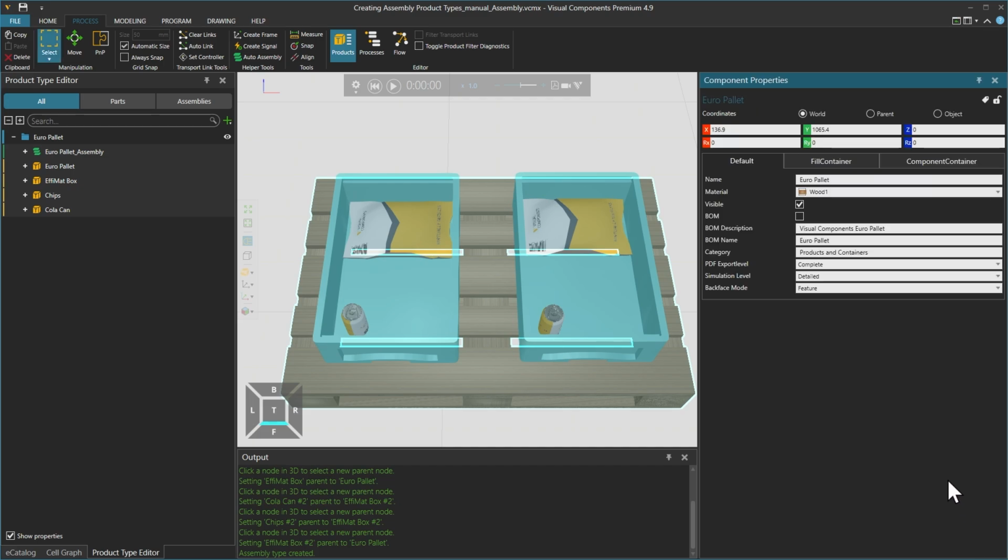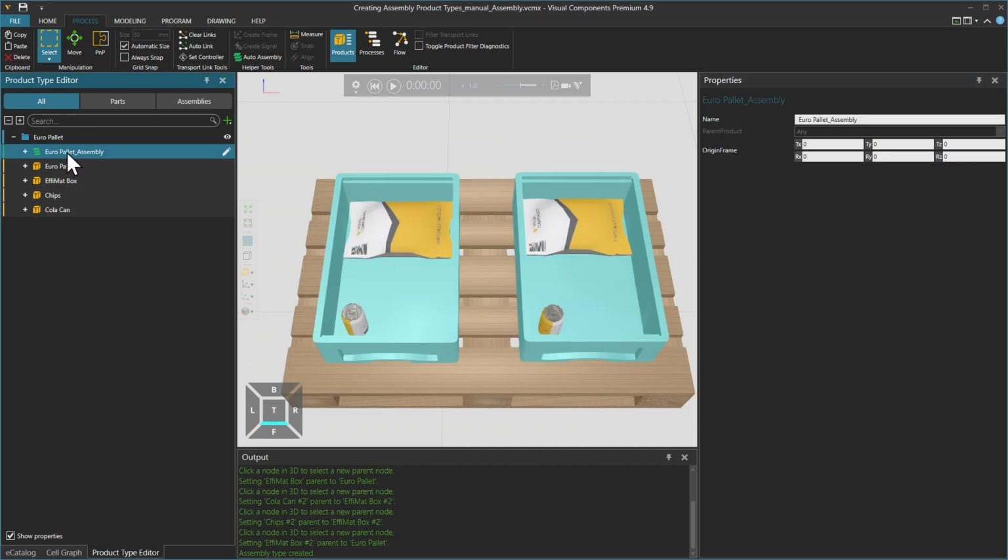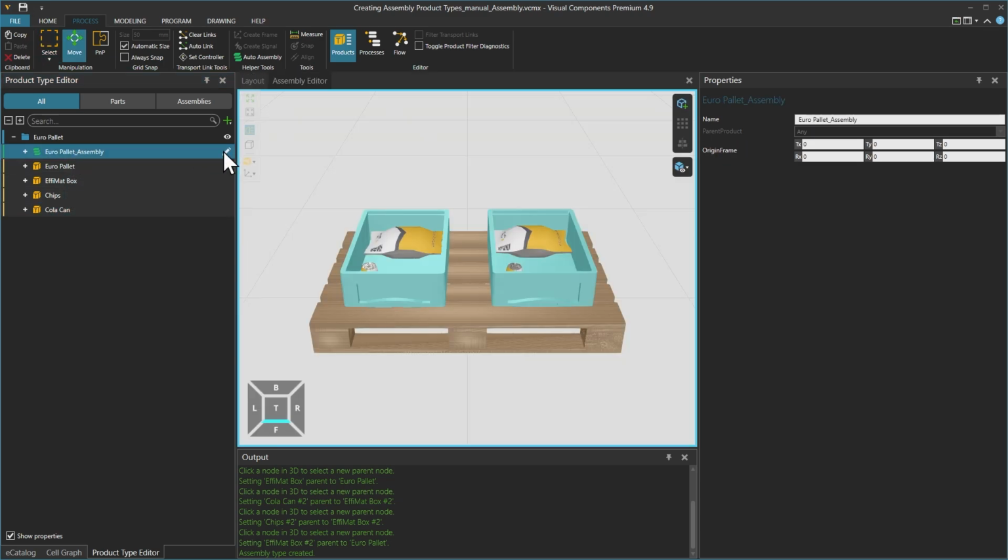If we create an assembly using the Auto Assembly add-on, it's a lot faster than creating it manually. In the product editor on the left, we can see a EuroPallet assembly product type, and 4 part product types have been created. In the assembly editor, we can see that the EuroPallet assembly product type is exactly similar to what we created in the 3D world.